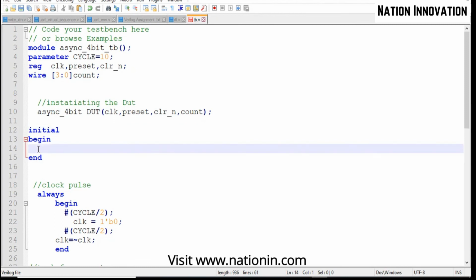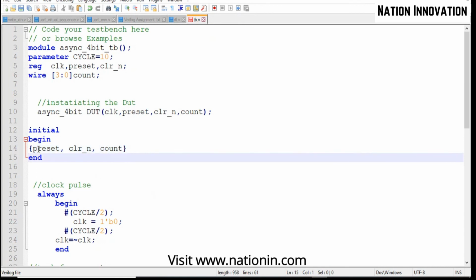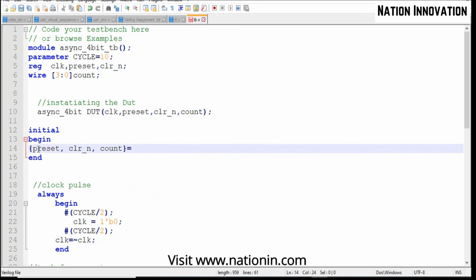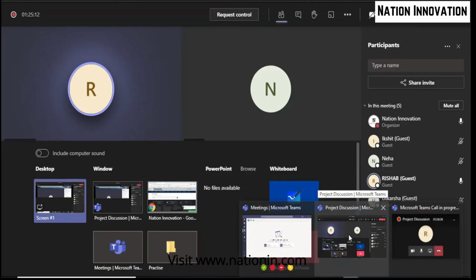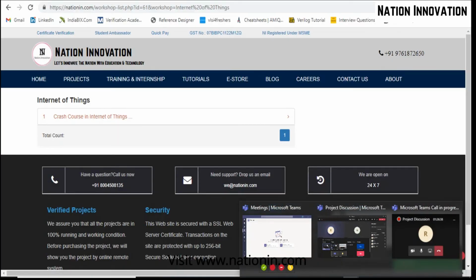We can use the concatenation operator, preset, clear, and the count, and we will make it zero. Type this in your code and run it once again, and update me. No need to share screen, you can just update.